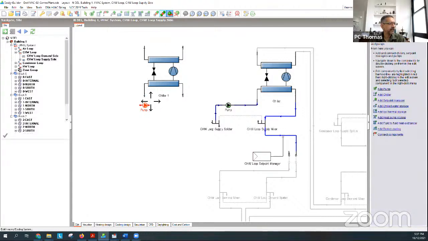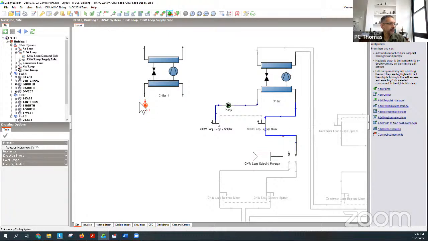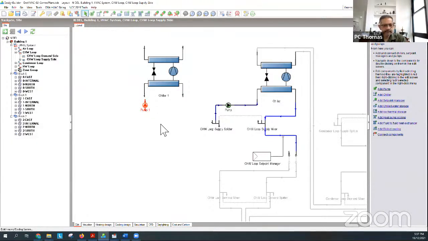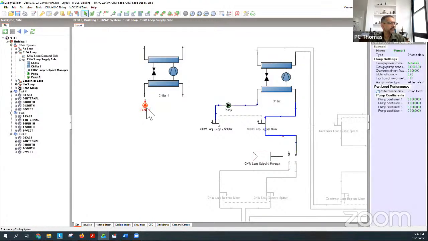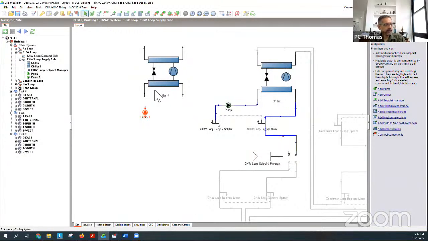Otherwise, I'll just change the... Yeah, perfect. I want to move it just a little bit. A big monitor is good, so you can do that. Okay, it's a little bit out of sync, but that's okay. That's fine. Now it's the same pump. Okay, it'll auto size, but it's a variable speed pump and it's got the control characteristics that I want on it. So now I can connect this one